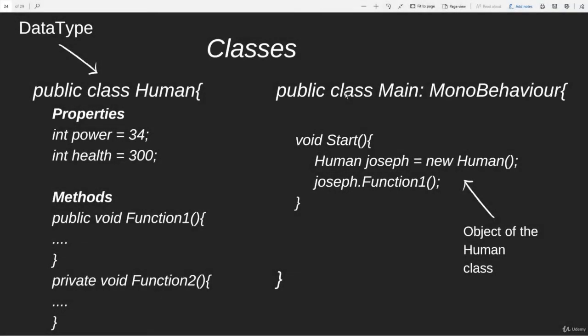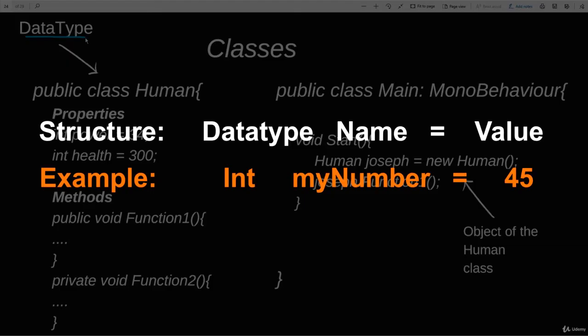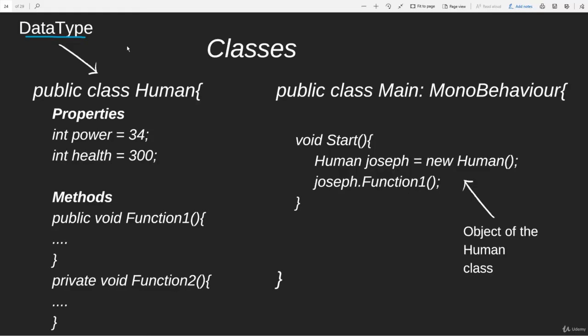Okay, so in this video, I'm going to talk about classes and what classes are and how we can use them in our code. The best way to understand a class is to think of it as a data type. We can think of a class as an integer, for example. The way we declare a variable is that we first declare the data type. We say int, and then the name of the variable, and then we assign a value to that variable, right? So classes are similar to that in concept, but